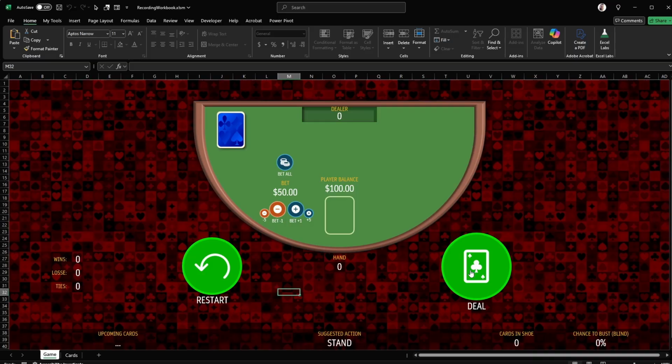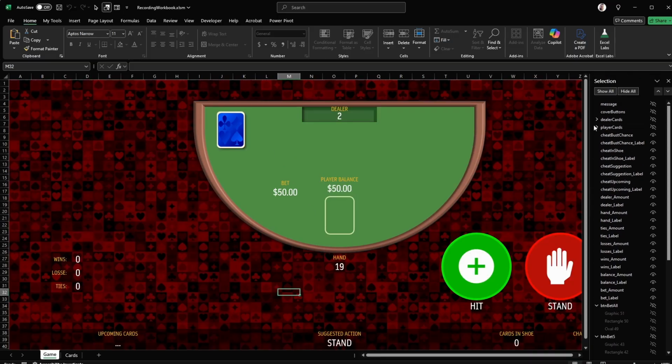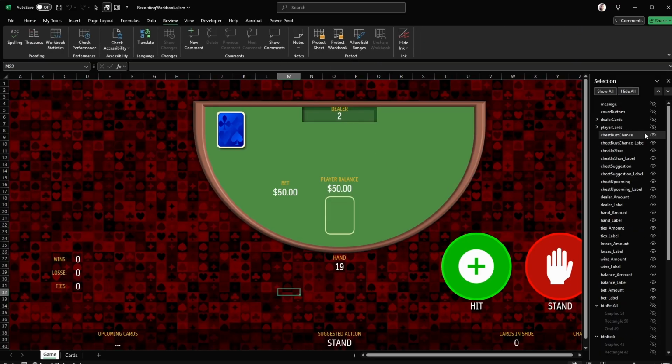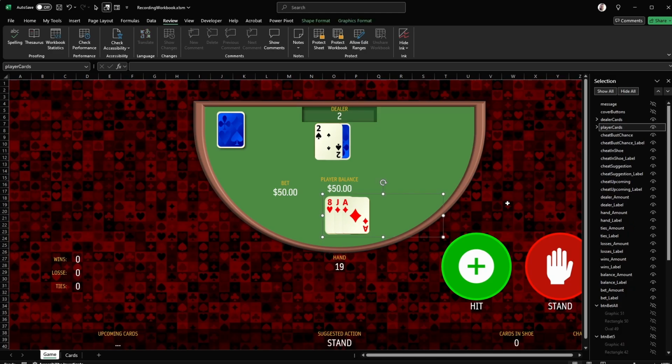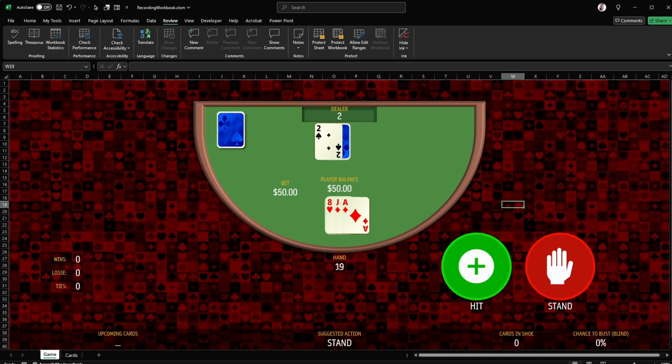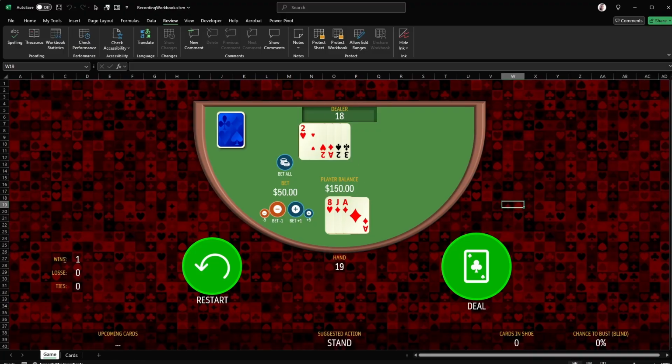And if we deal, that's not showing the player's hand. So let's just see what's happening. This will unprotect the sheet because we didn't check that. There we go. So those two need to be actually visible. Just the internal cards in that shouldn't be visible. There we go. We've got our hand as 19. I'm going to stand. I'm going to deal the dealer. Dealer got to 18. So I beat the dealer. I won. You see our wins incremented by 1. My balance increased by 50